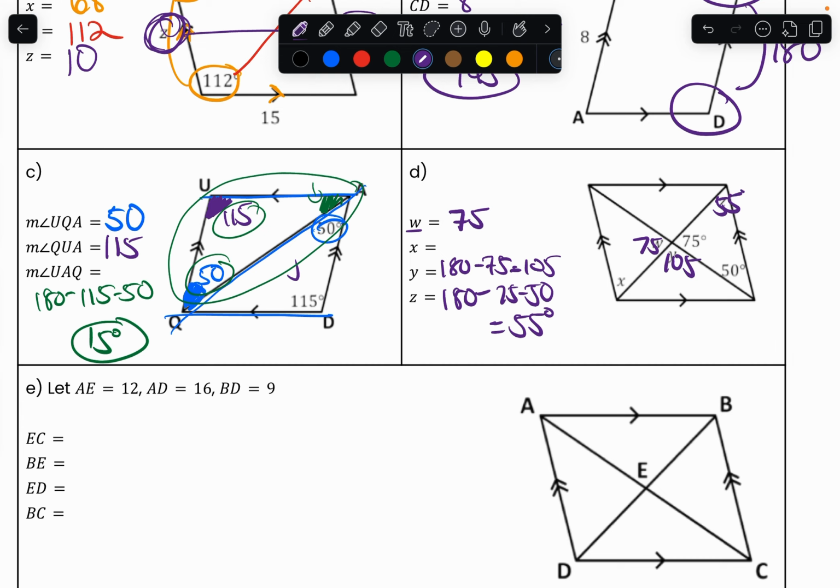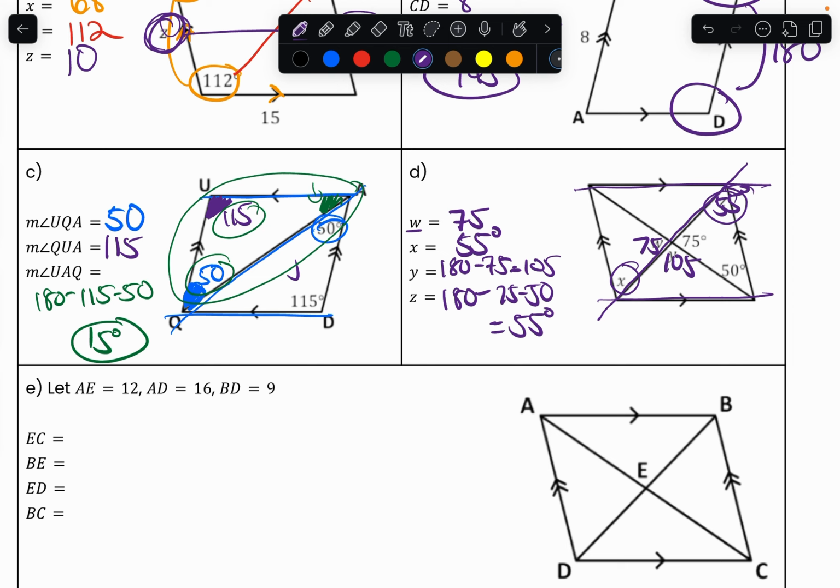Now, once you have your Z, you can find your X. And you know why? It's because if you have parallel lines like this, and you have a transversal that goes through your lines like this, it makes this angle right here and this angle right here alternate interior angles, meaning they will have the same angle measurement.